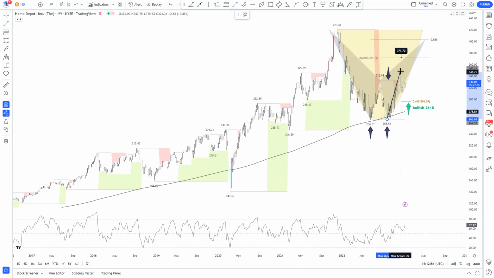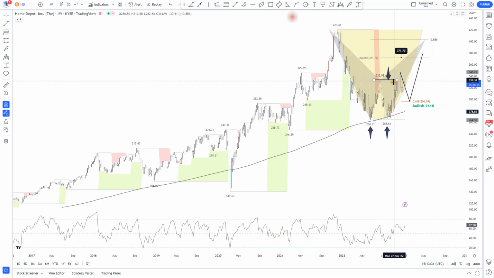Okay, we have a broken neck here. The price finds resistance right above the neck zone and then starts to pull back. So if the price pulls back to the golden Fibonacci level, that will complete the bullish 26.18, which may offer a move to the upside. Usually we will target a symmetrical ABCD pattern, which by the way points to 378, which is the default target zone for the technical double bottom.